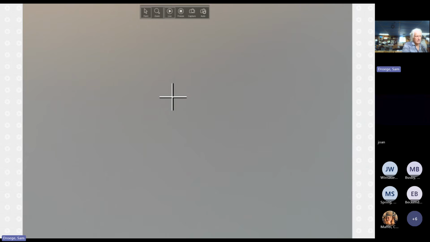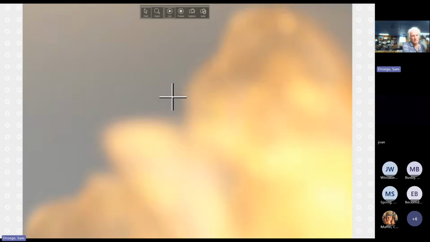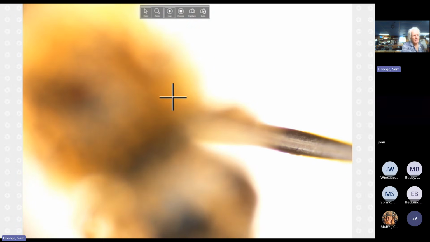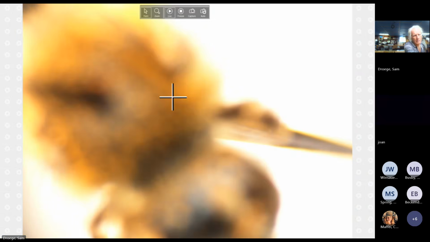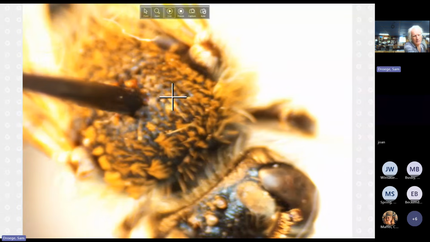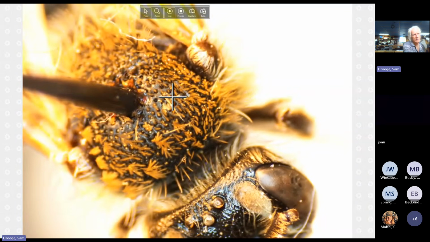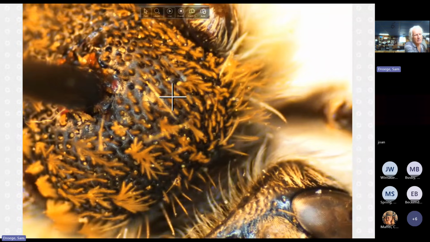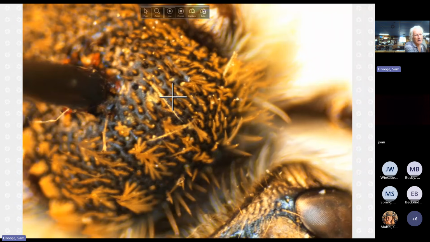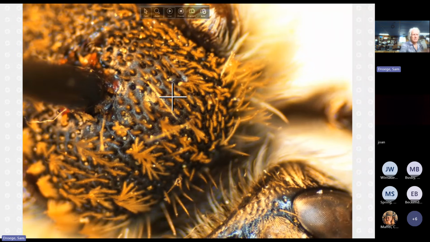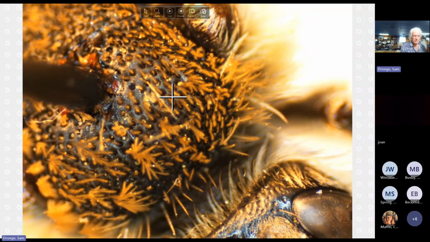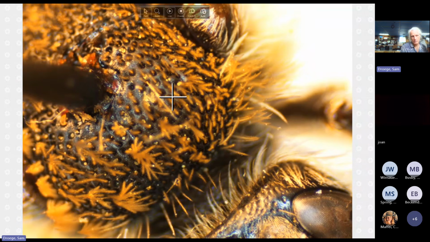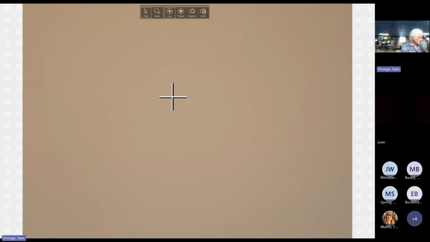Why not? So here is the second one. We're going to look at the scutum. And we can see essentially what is the same as the last one. Maybe a smidge, no, it's basically the same. You see all the hairs coming out of those pits, and it is very hairy. Some of the pits are touching, but a whole bunch of them are basically just close, always within half, that's for sure. Let's go to this other one that I have here